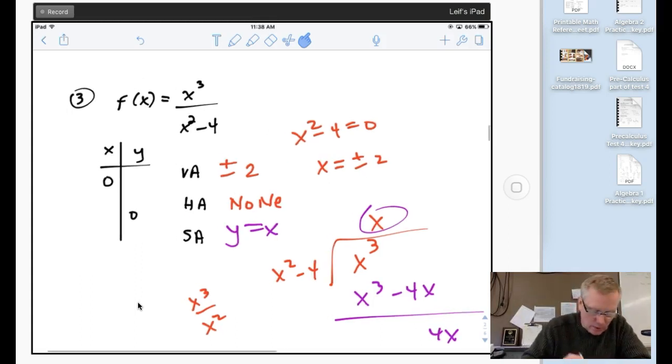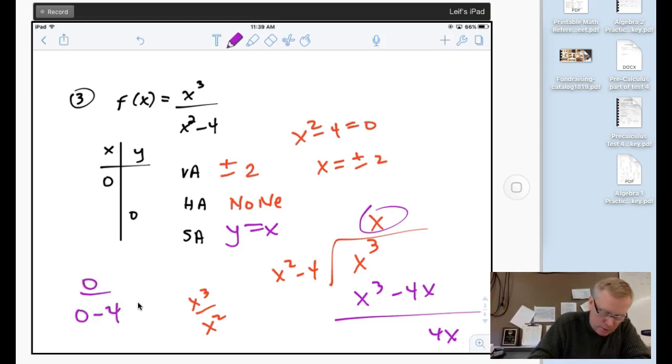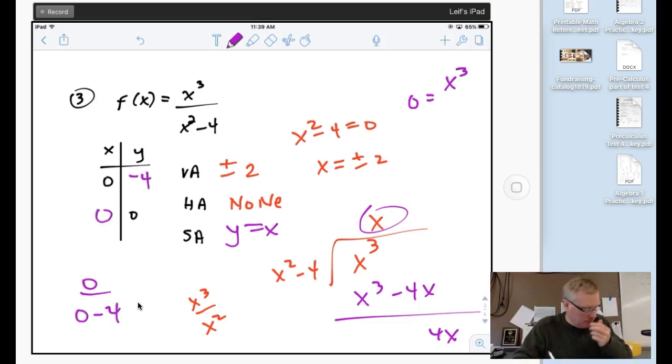So let's see. If I plug in 0 for x, I get 0 over 0 squared minus 4, which is negative 4. If I plug in 0 for y, I get 0 equals x cubed, so that one will be 0. All right, so